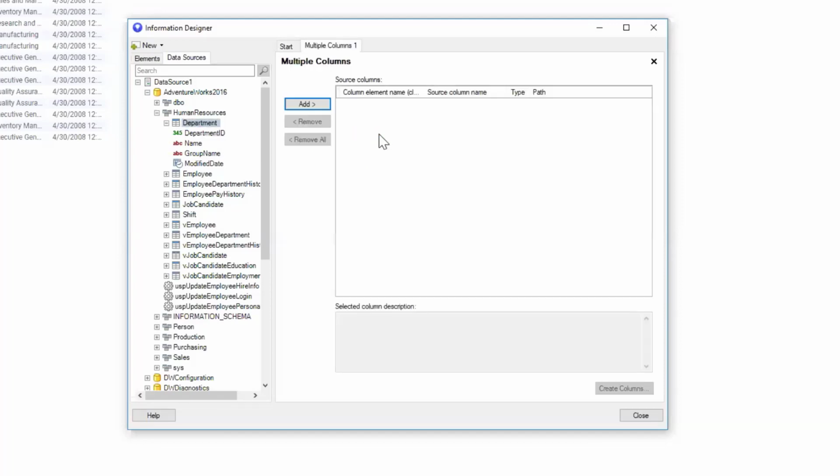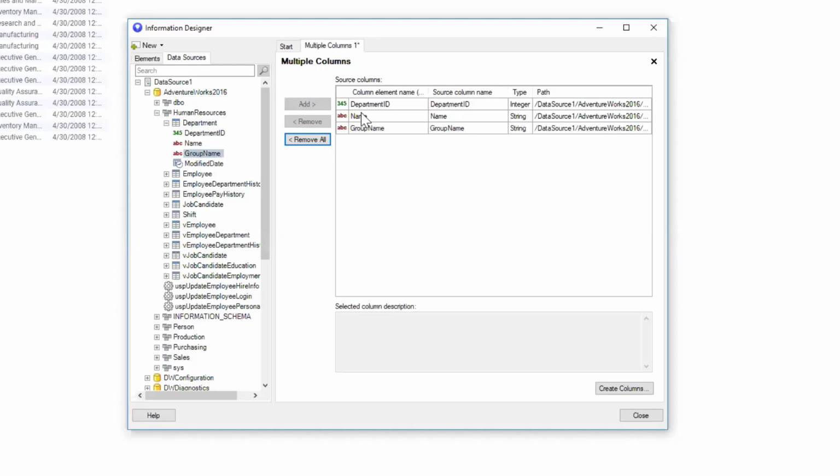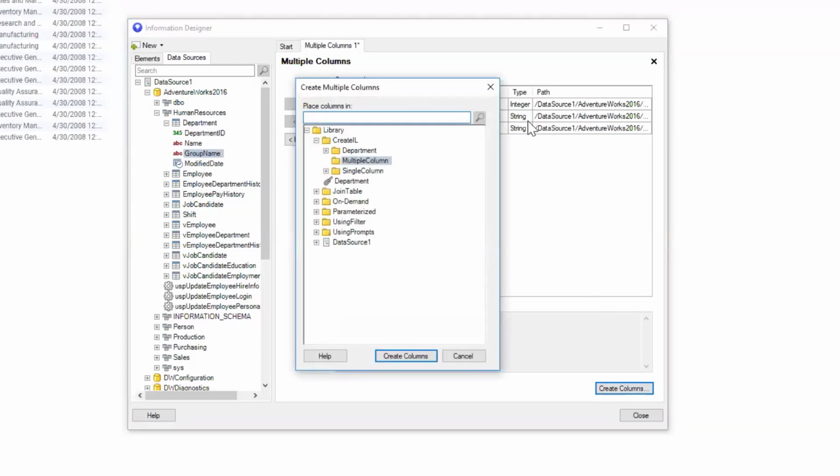So I select multiple columns, and then I add in all the columns that I want into the information link. Now, I'm just adding 3 columns. I do not want the modified date, so I just want the 3 columns. I selected multiple columns, and I added them over here. And I'll say create columns. And I will create these columns in the folder called multiple columns. Initially, this multiple column folder is empty. Now, when I create columns